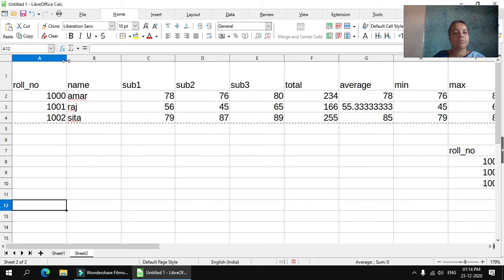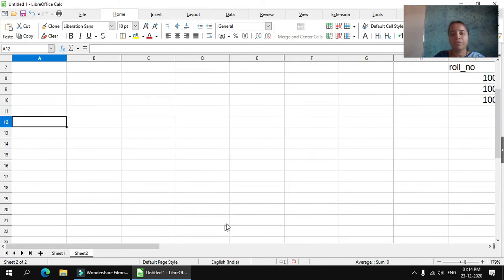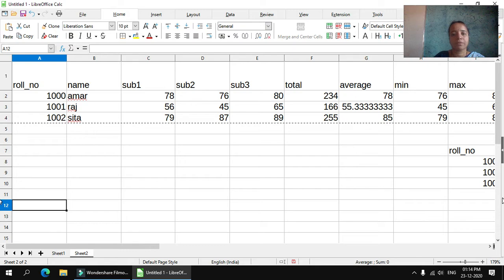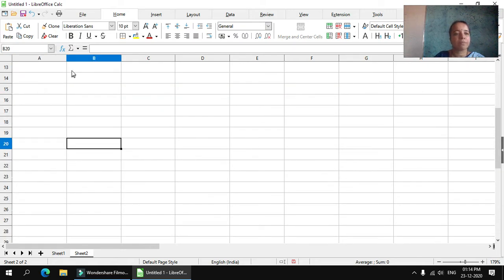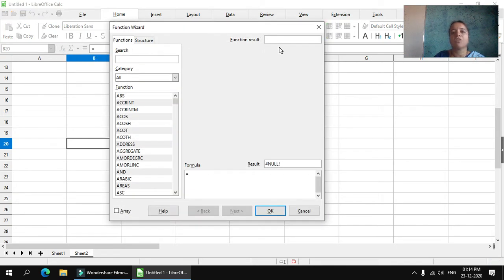Now here the function dialog box is there. From here also you can calculate the formula. We'll see some functions here. I have already explained about the readymade functions or formulas available in Excel. If you click here, the function dialog box will open. It is the function wizard dialog box.